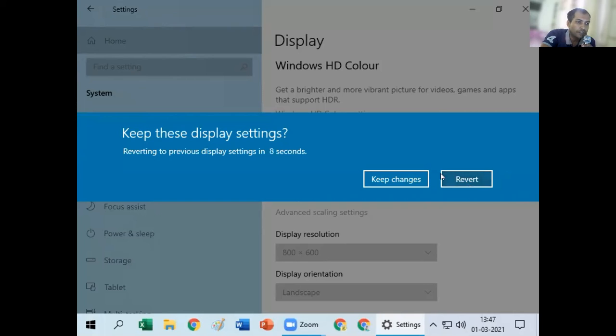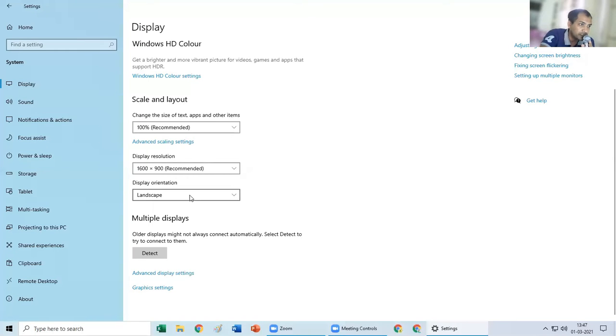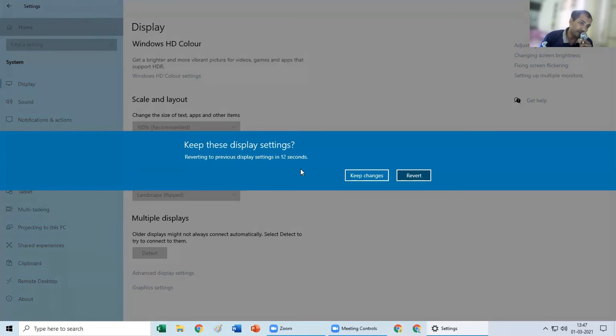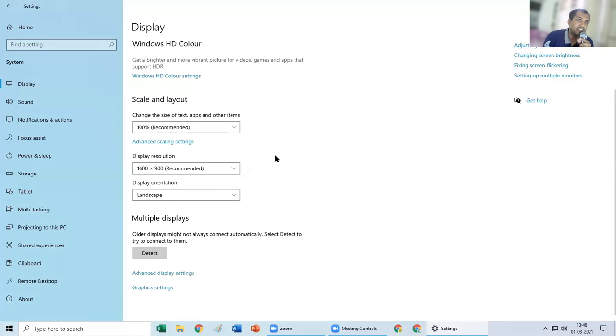If you don't click on any of these options and you don't save it, after 5 seconds, 4 seconds, 3 seconds, as this countdown timer reduces, it will come back to the normal settings. In case you have clicked by mistake, just leave your hand back and it will come back to the normal setting. Sometimes you must have seen the screen is flipped. So here it is. Now the screen has become upside down. When the screen becomes upside down, you just have to wait, or you press the escape button and it becomes normal again. This kind of setting can be useful for projectors or some computers which are hung upside down, so that you change this setting and then it becomes easy for you to operate.